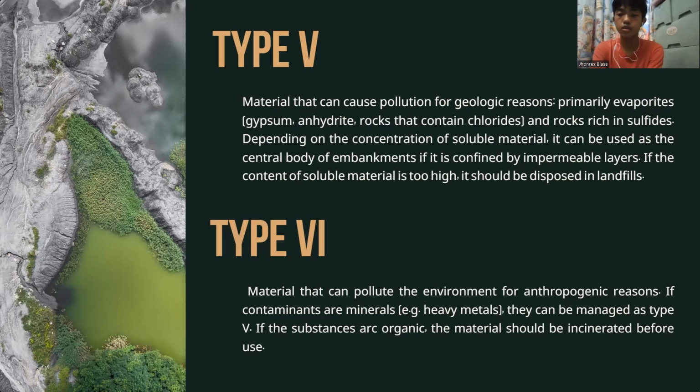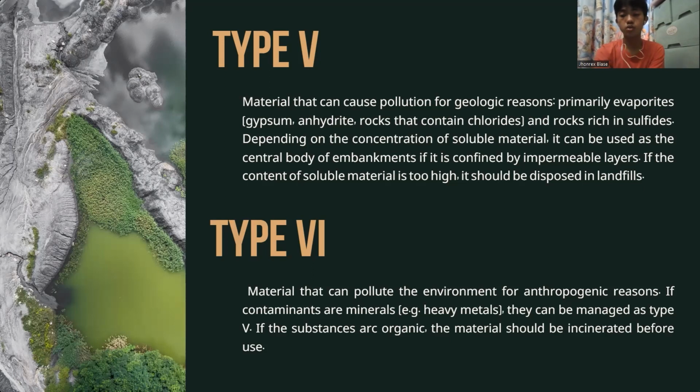So this type highlights that certain geological materials like evaporite and sulfate-rich rock can cause pollution depending on their soluble materials concentration. They can be used in embankment if confined by impermeable layer. However, if it has soluble materials that contain too high